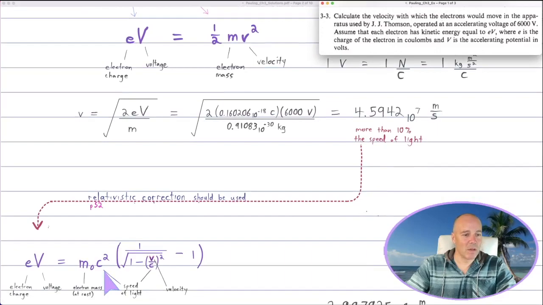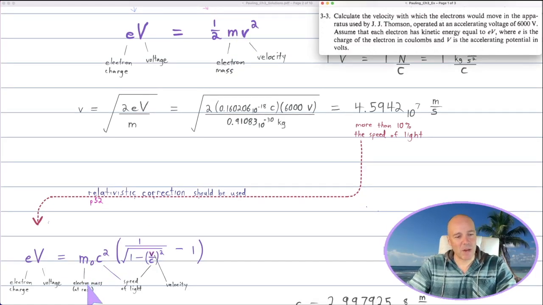compare the two equations. So we have eV on the left, and here the kinetic energy is much more complicated than it was before. So m naught is the rest mass of the electron, c is the speed of light. So we see that there and also down there. And then the v here, that's the velocity. Solving this complex expression for velocity,